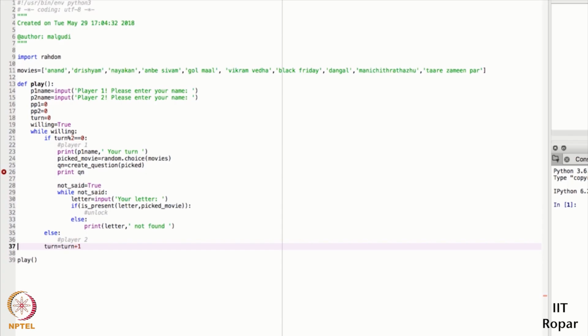We had given an outline of the game. So we started off with this. When it is the turn, we have to display that this is this person's turn, so I had given a message, player 1, this is your turn. We randomly pick a movie from the list of movies we have and create a question out of it. Creating a question is nothing but